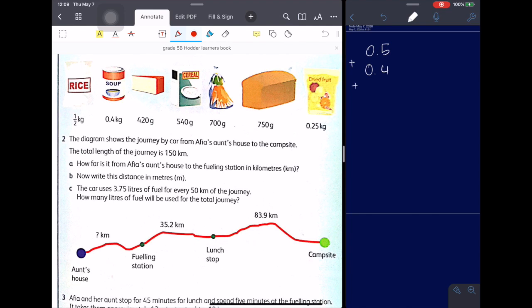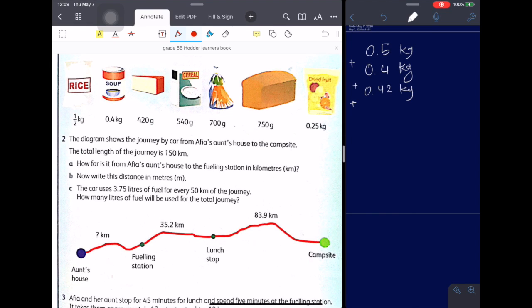Now, because these are all in kilograms, you need to change grams into kilograms, or kilograms into grams. So I'm going to choose kilogram. So 420 grams is going to be 0.42 kilogram plus